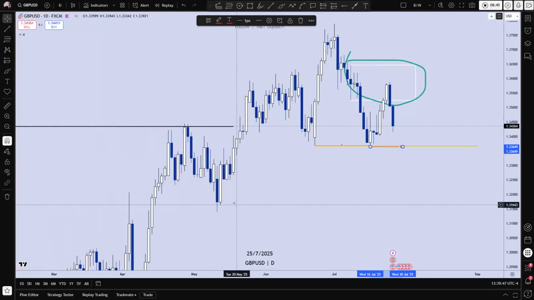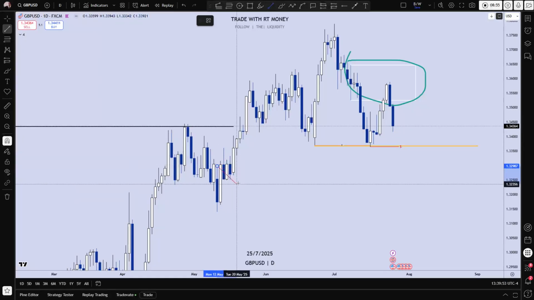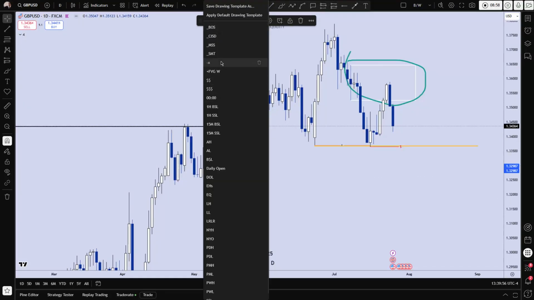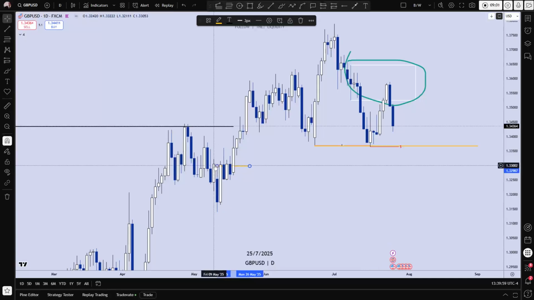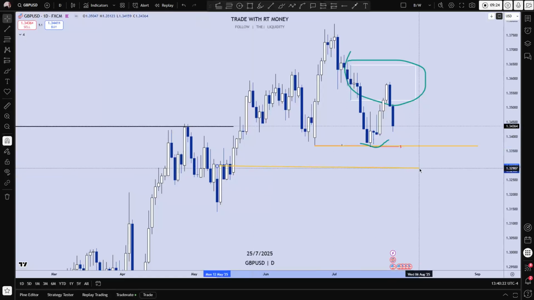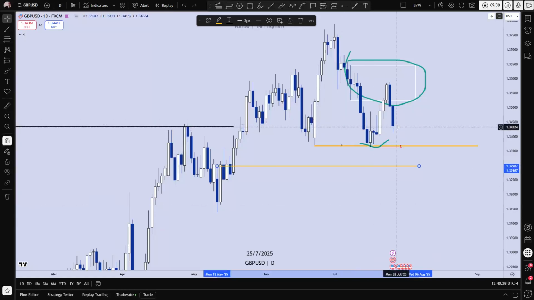All right, and where are we coming to? Right here, where I see an untested area where this might be the CISD, where price changed. You see how price moved up here, then gapped down here, gapped down, pushed up, then finished this bearish leg. And then we see the turnaround. We see price trying to get past it, and then we bust through, and it was never retested. If price gets down past this low, I think we're going to test this area here at 1.3298. Okay, I think that's where price will be coming from.